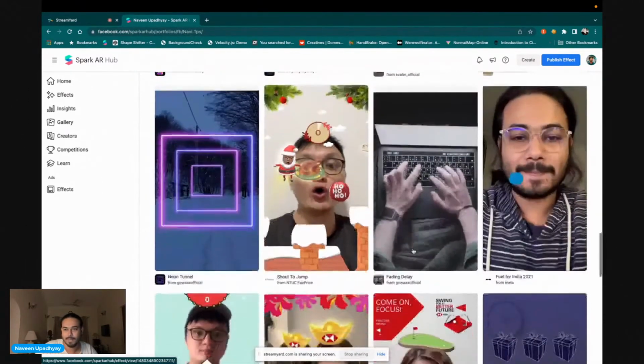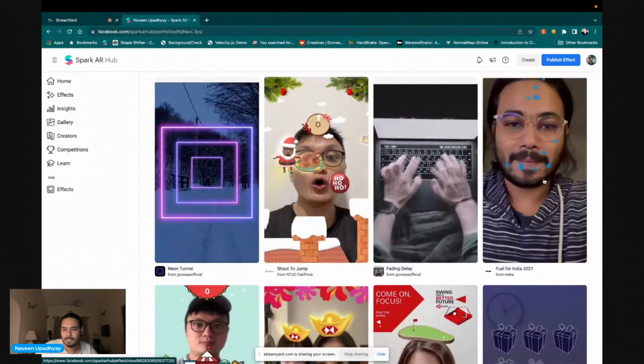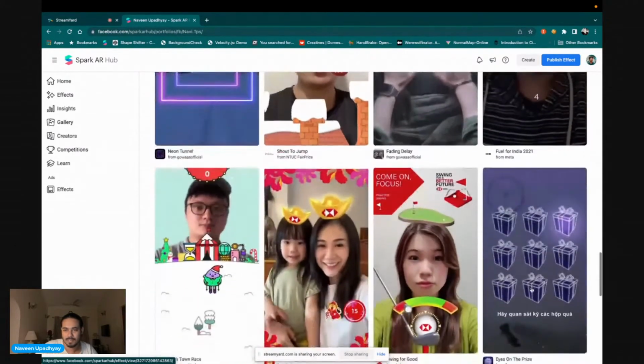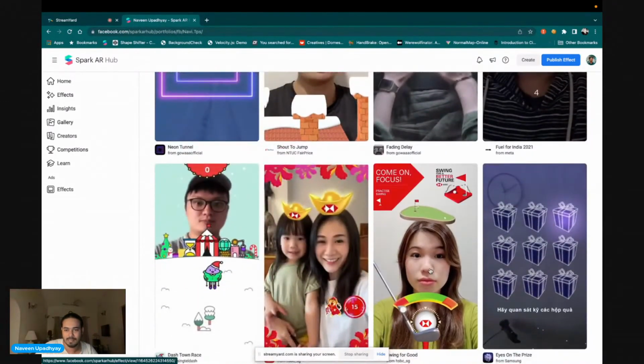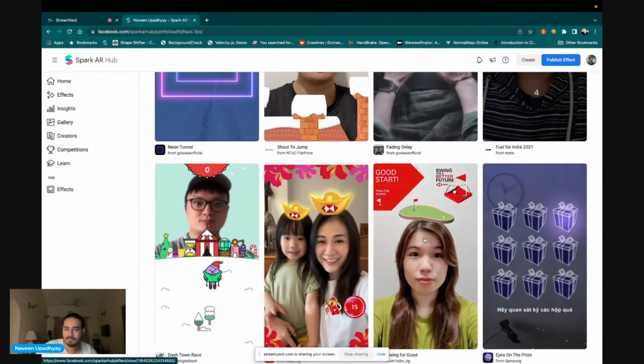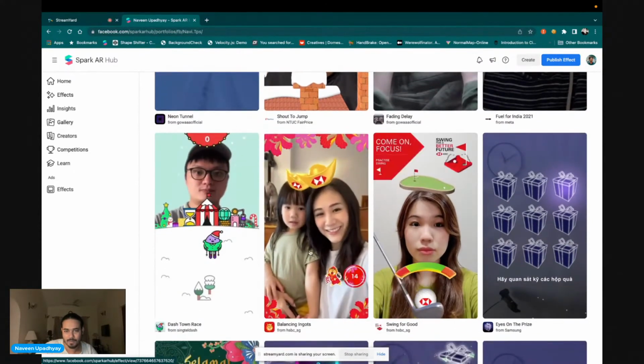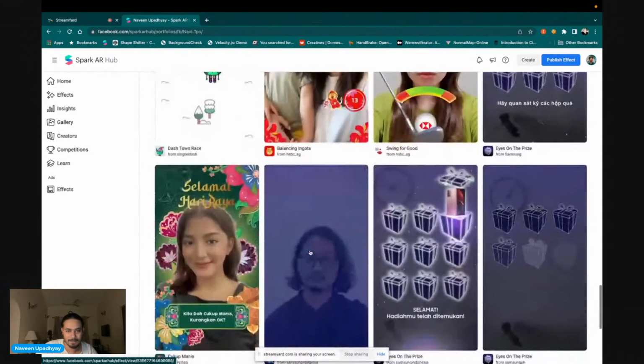And this is my profile, by the way. There's a couple of works I did for Meta, and this one I did for Samsung. This was for HSBC, and there are a couple of other effects. I really like this one; it's one of my favorites. I work with Goa. I was fortunate enough to work for these clients. And this one is again for HSBC.